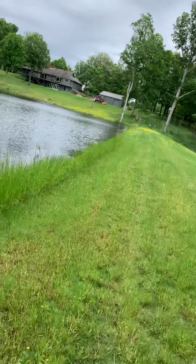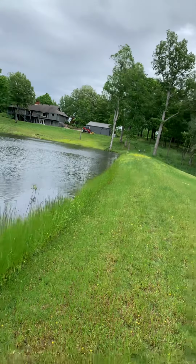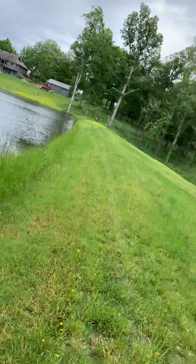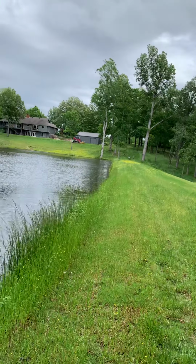So back there is where I was shooting from. Back there I'm now parallel to the deer. So